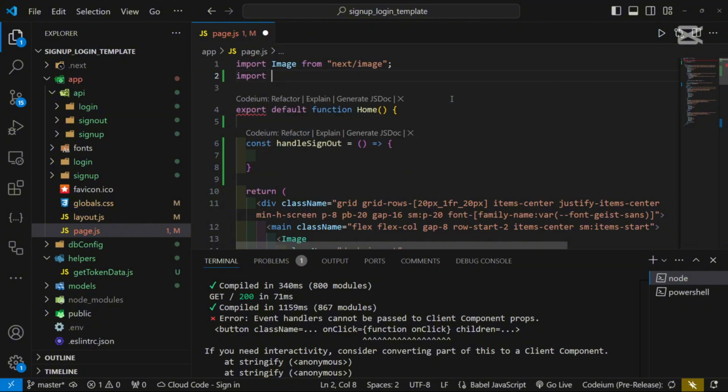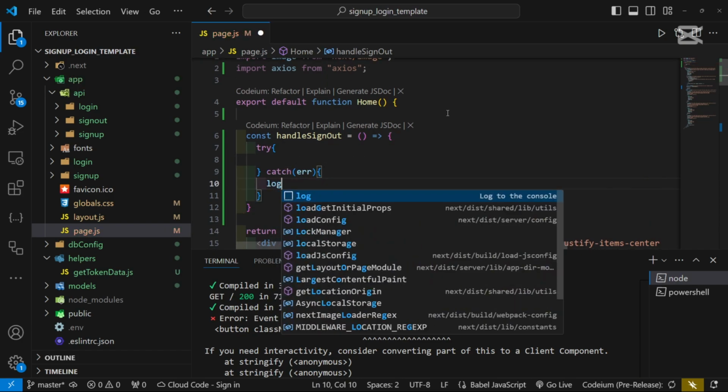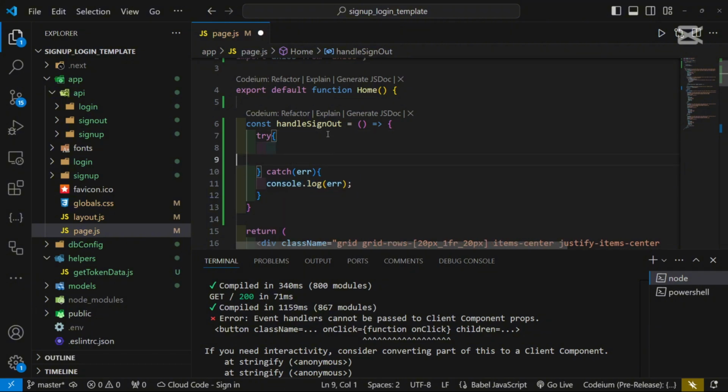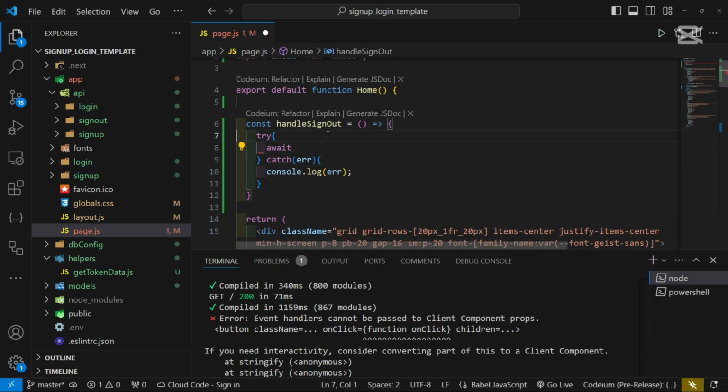So import axios from axios, and here we're gonna have a try and catch method. Here we're gonna get the error. We're gonna console log the error, unless of course you don't want that. And in here we don't need to get the response, so we're just gonna write await. Make sure this is also an async function. So async function, and then await